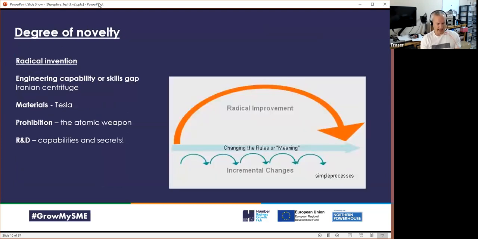Now, the other thing I wanted to say is that there are degrees of novelty, and what we see more frequent than not are incremental innovations. So incremental changes to things. The classic example I've got for you is the light bulb. You know the light bulb's been around for ages. We've got the traditional filament light bulb, then we had the LED light bulb, and now we've got the smart light bulb, or the LED color light bulb. And there are just little innovations that have been layered on top of an original concept.